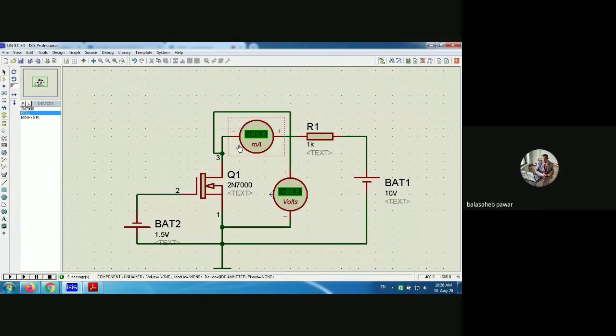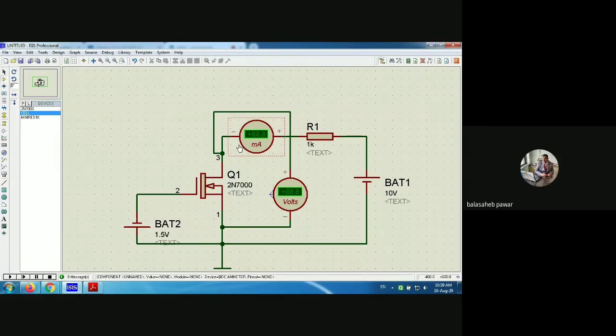That's why FET, MOSFET or JFET is known as a voltage control device, while in a BJT the input current controls the output current. BJT is known as a current control device. Remember this difference between BJT and FET. Okay, then the third characteristic, that is transfer characteristic.